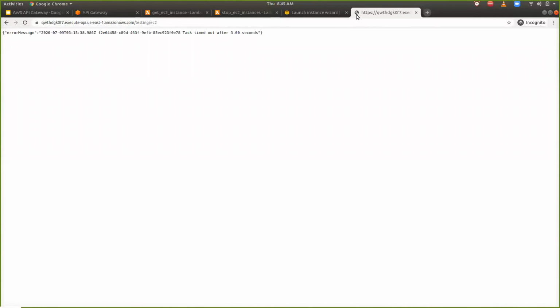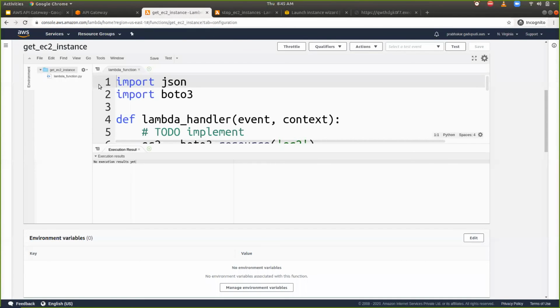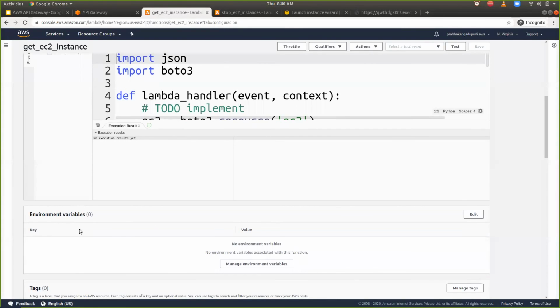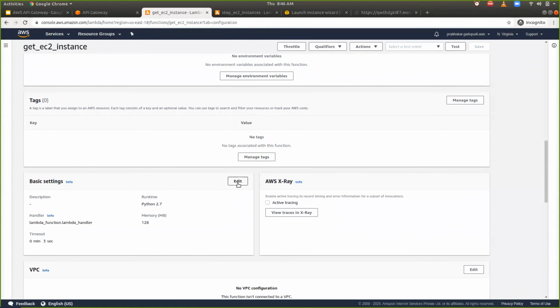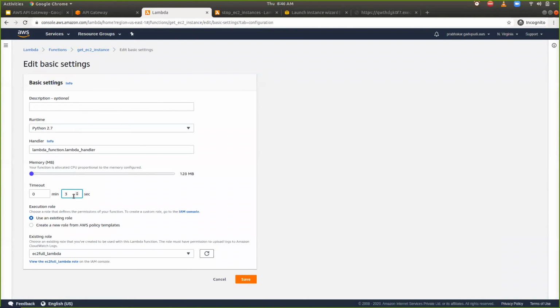Here it is very important to make some slight configuration changes in the Lambda function in order to handle the timeout issue. If you go to the Lambda function, by default it has a 3 second timeout already configured. If you scroll down, inside the basic settings you can find that. Here the timeout is 3 seconds, but when you are working with an EC2 instance or maybe any AWS resources, it is very difficult to connect to that EC2 instance at the first attempt within 3 seconds. There might be a timeout issue.